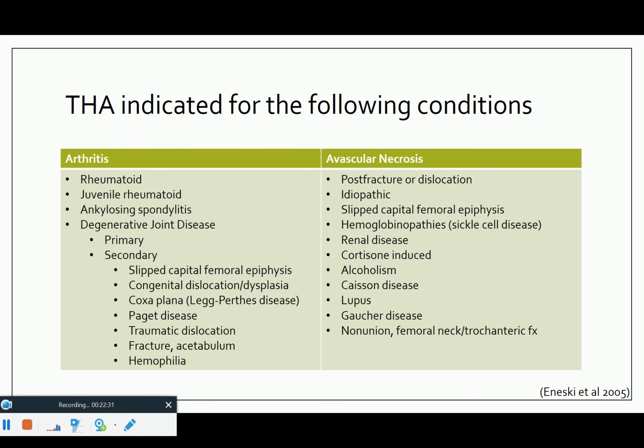So here's that slide we talked about before. Again, you can pause it here. This is a breakdown from MSK et al. 2005. They go over a lot of stuff here. So I want you guys to know the ones we talked about before: OA, RA, and avascular necrosis. Just know this, that if you've had any sort of hip problem in the past, it may catch up to you later in life